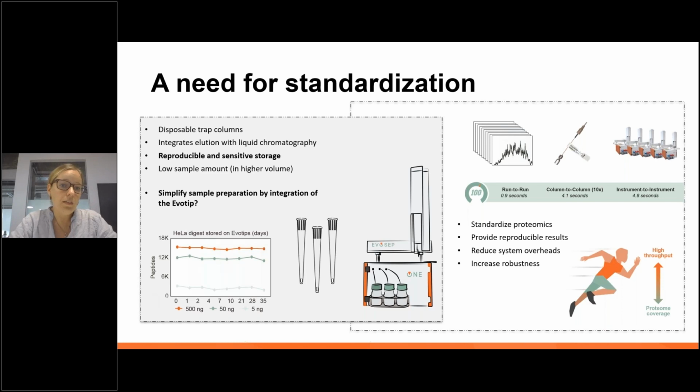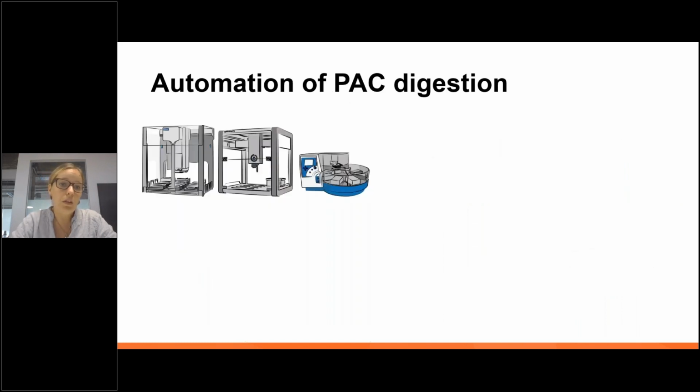So what we would like to take advantage of is this reproducible and sensitive storage, and see if we can integrate the Evotip even more in the sample preparation workflows, and thereby simplify them even further. So there are a number of robotic solutions, and this is just a few of them. Philip already described the Bravo from Agilent, and the work in this presentation will be based on the Kingfisher and